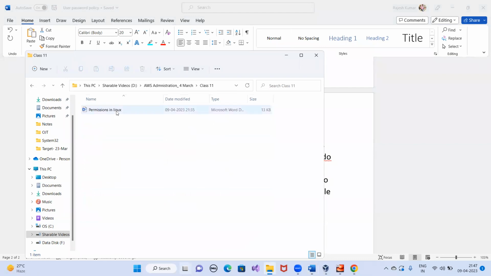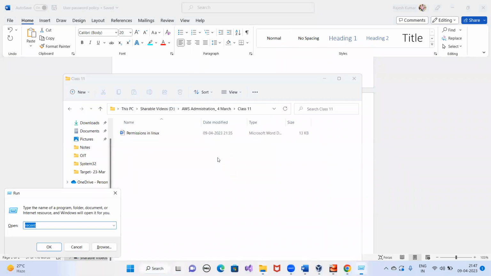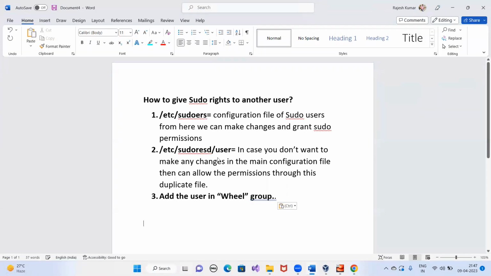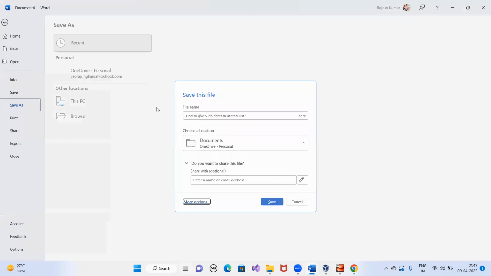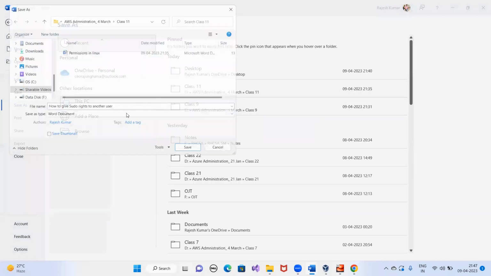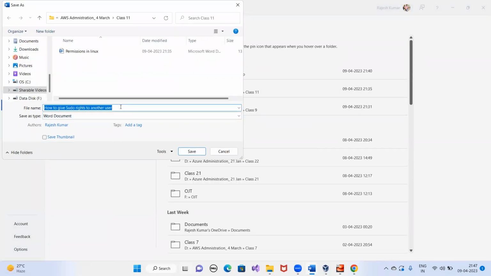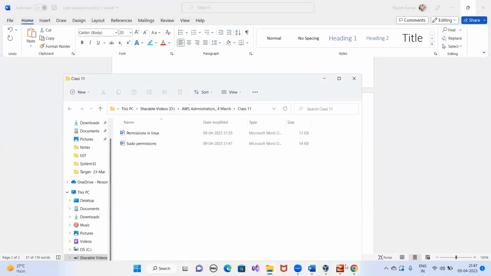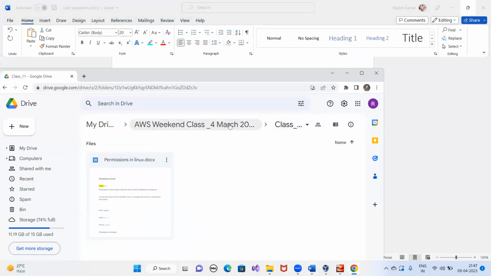Class 11. Sudo. Okay. So this is also getting uploaded here in the class 11 folder.